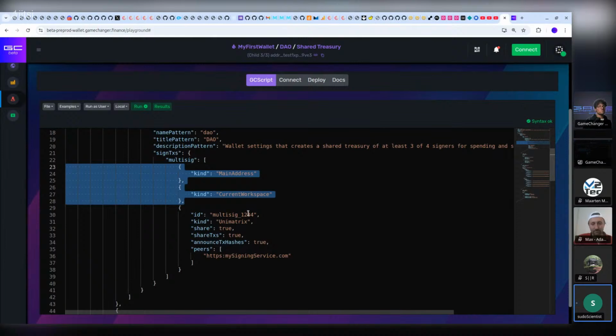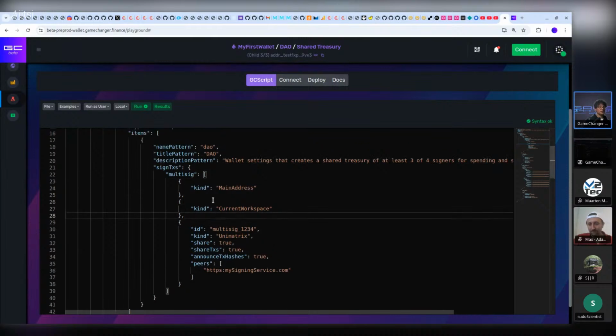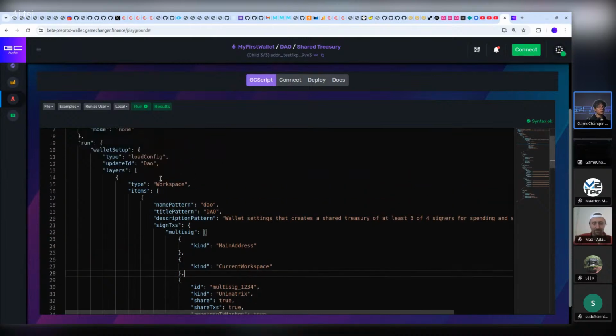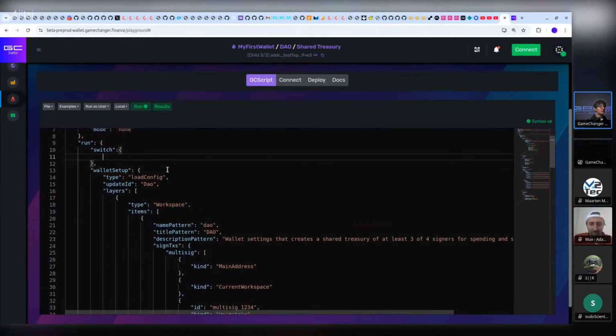Half answers it, because the other question is, could you define that to be a specific workspace? Yes, but to avoid tricking the user into falling into doing something weird, the way it works is by actually asking permission from the user to switch to a workspace. So you can say switch, whatever you want to use there. And here you say